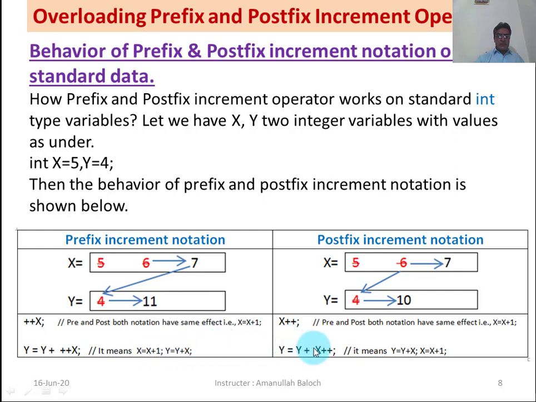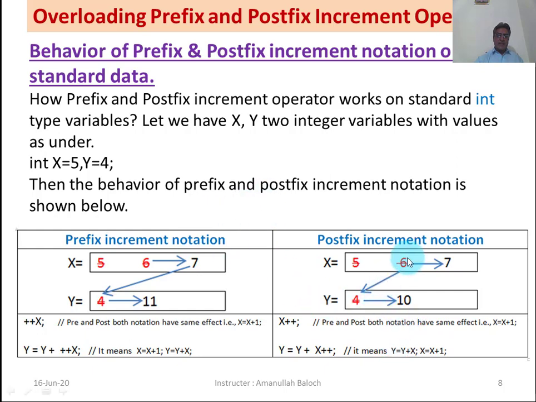While in the case of postfix notation, what happens here? Here y is equal to y plus x. x will be added to y and the new value assigned to y first, and then x will increment itself. In postfix notation, x will increment after adding its old value to y.